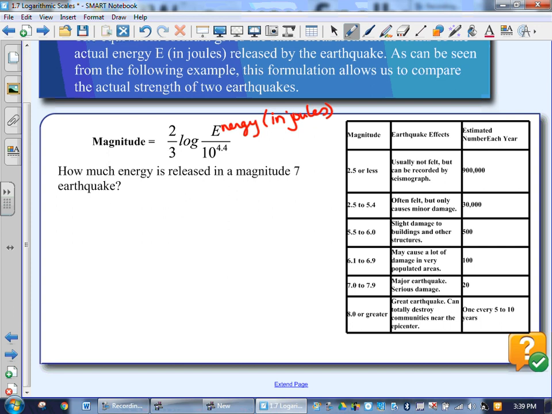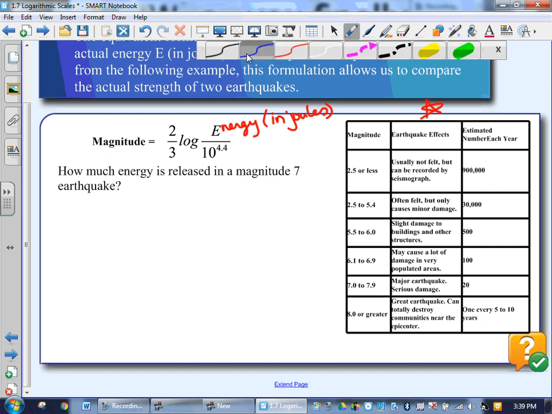The following chart on the right gives you lots of information about earthquakes and gets you to have a better understanding of them. So if there is a magnitude 7 earthquake, how much energy is actually released? Okay, so my magnitude is 7, and that will equal 2/3 times the log of E over 10 to the